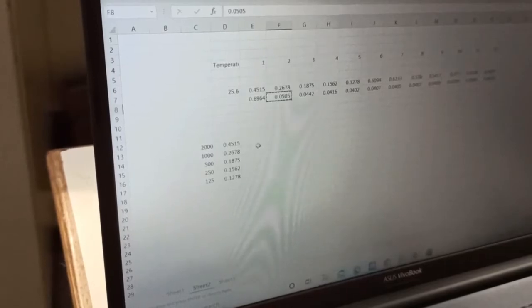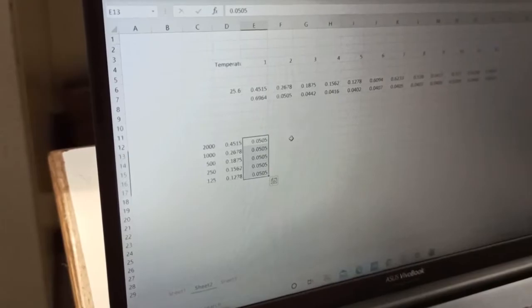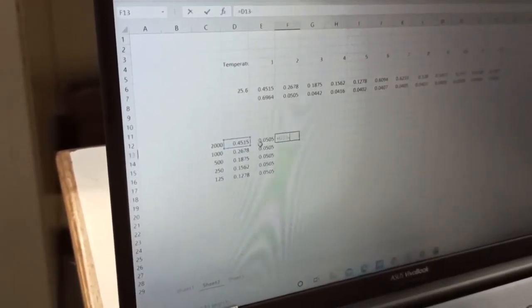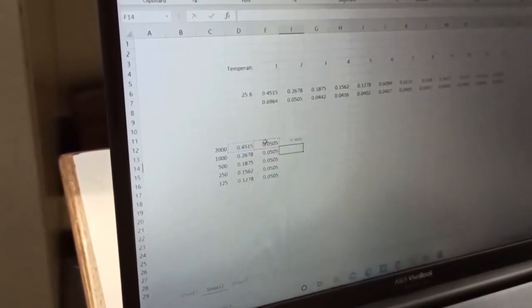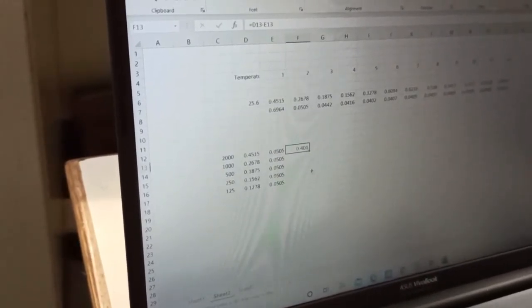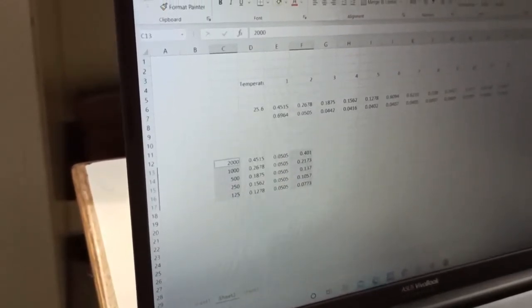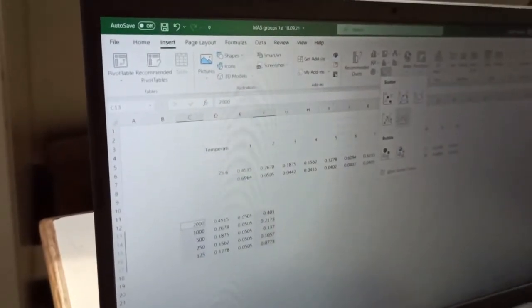We have kept water as a blank, so you can take the blank. Subtract the blank from the given standard absorbance. Select the concentration and the absorbance. Click on Insert, Scatter Graph, add trendline equation.